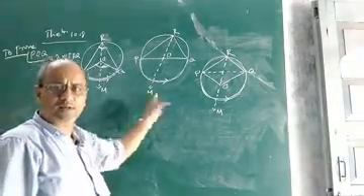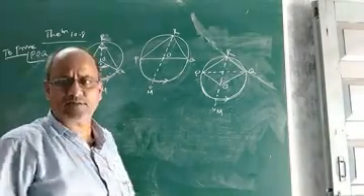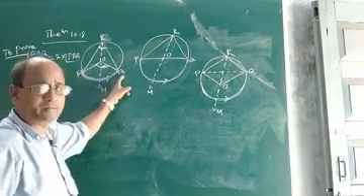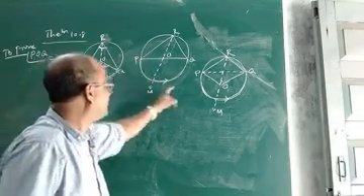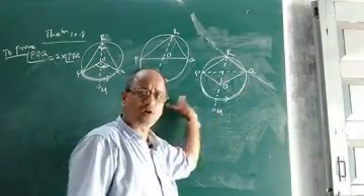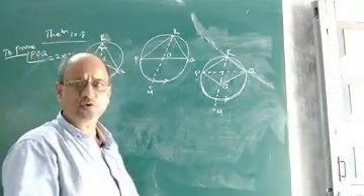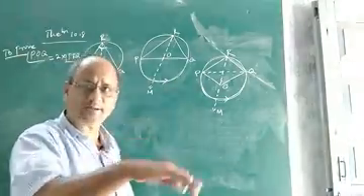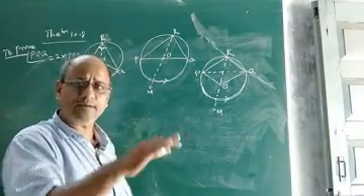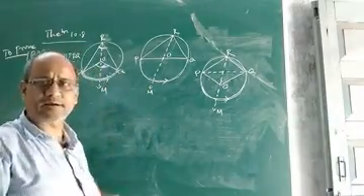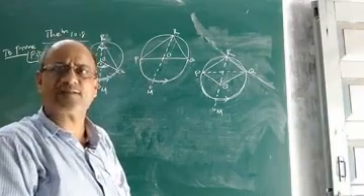Now children, this can be proved in three ways. There are three cases in order to prove this, because as I told you, the arc may be a minor arc. Here the arc is a semicircle and here the arc is a major arc. In all the three cases, this is true: the angle subtended by an arc, whether it is a semicircle or a minor arc or a major arc, at the center will be double the angle subtended on the remaining part of the circle. Let us see how to prove it.